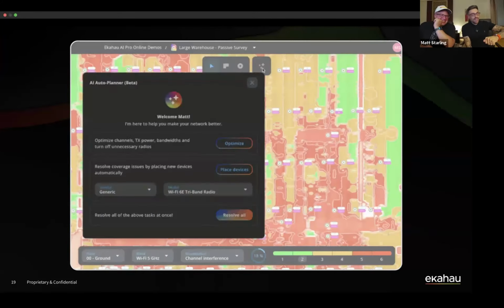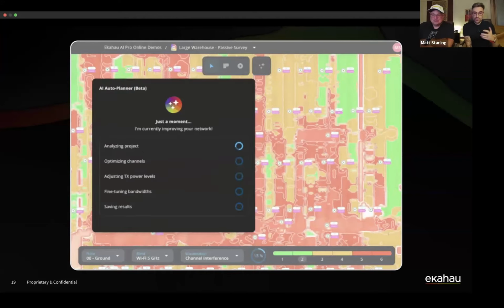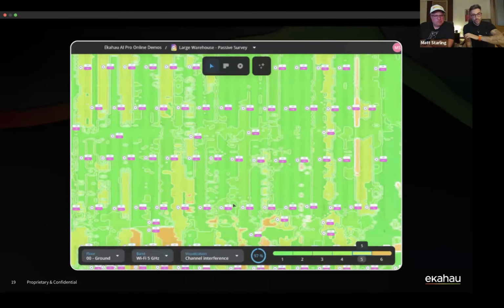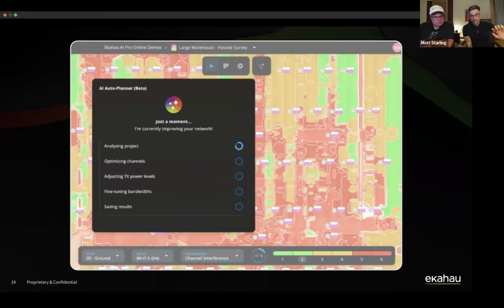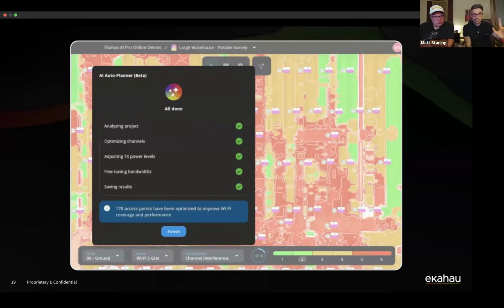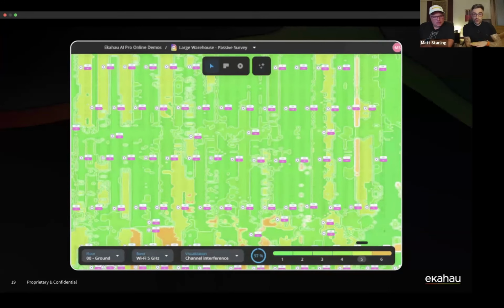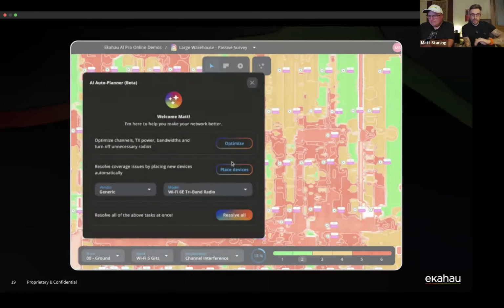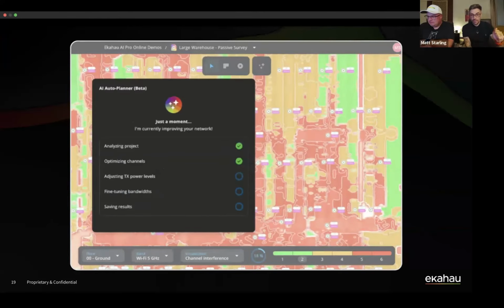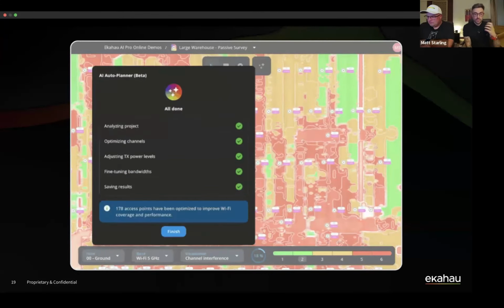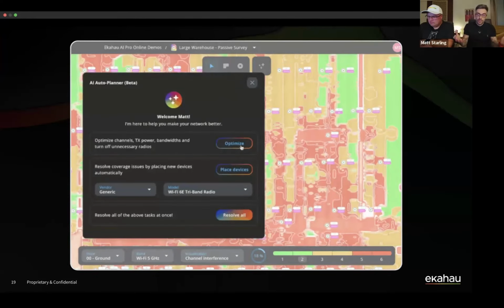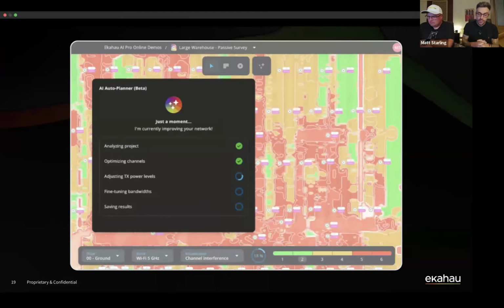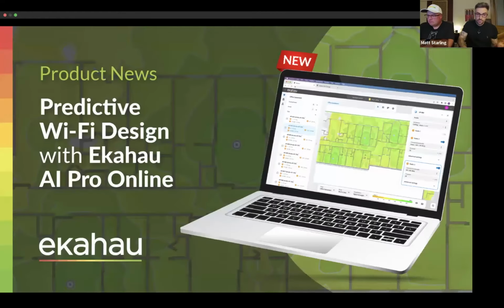However, if you do have a wireless network that has lots of channel interference, when you do a survey with Ekahau and the Sidekick 2, we test everything from the client's perspective, and then we have an amazing algorithm that can automatically come up with a new channel plan for you. This was a warehouse with hundreds of access points that was having a poor experience because of the amount of channel interference. We were able to optimize it by doing a new channel plan and deploying that, really improving the performance of the network. So it does make a huge difference.